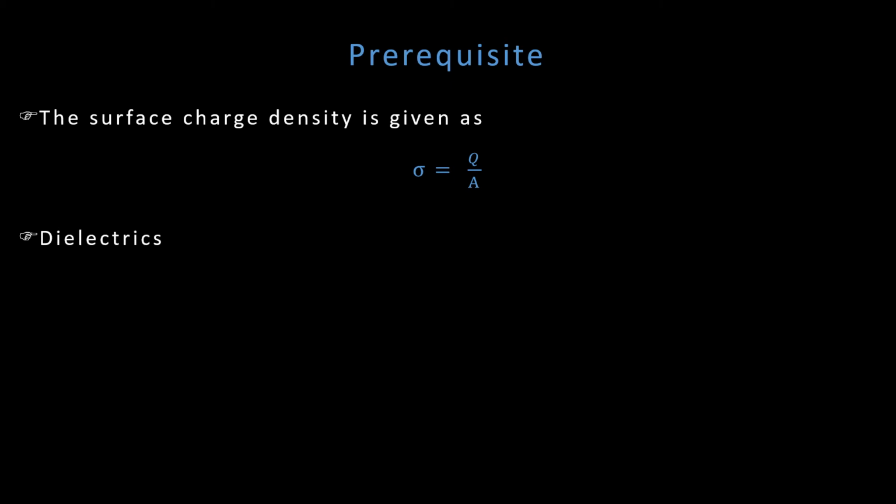Secondly, we should know what a dielectric is. A dielectric is a material, and when it is placed in an electric field, it stores energy in the form of electric field. It produces its own electric field, and so there is energy stored in the dielectric. And there are two types of dielectric, mainly polar and non-polar. What is a polar dielectric? The dielectric in which molecules possess dipole moment. And a non-polar dielectric is the dielectric in which molecules don't have dipole moment, though dipole moment may be induced when you place it in an external electric field.